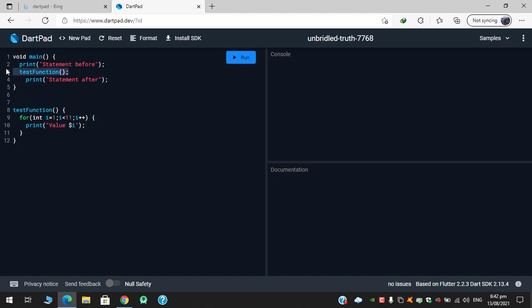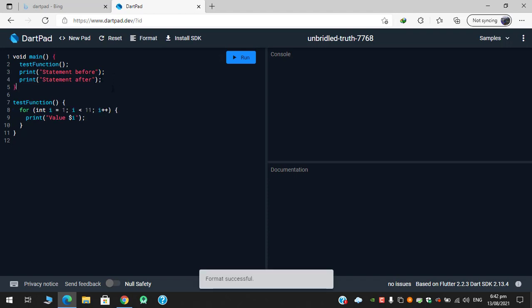Okay, so let's put it this way. First I will execute the function and then we'll print those two statements. Okay, so when I run this code,